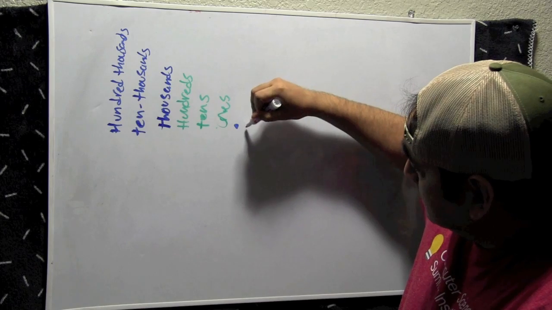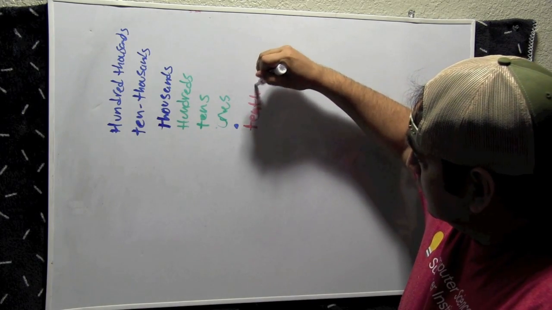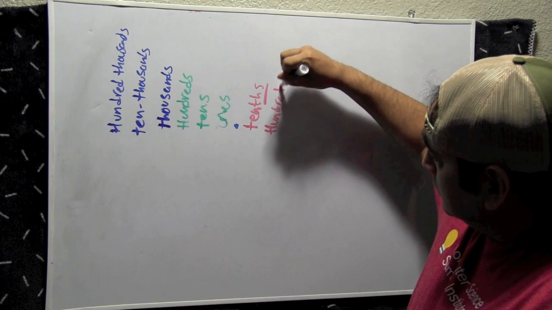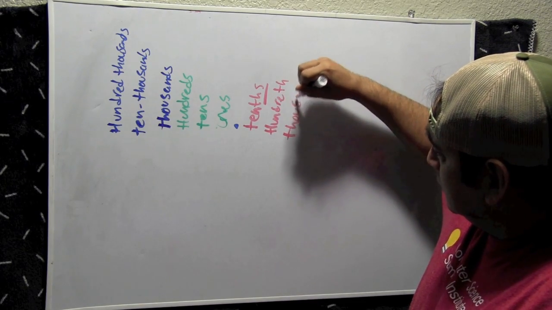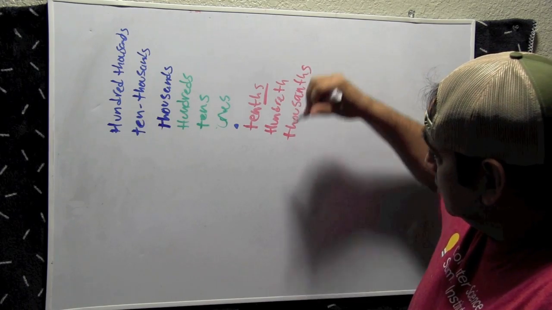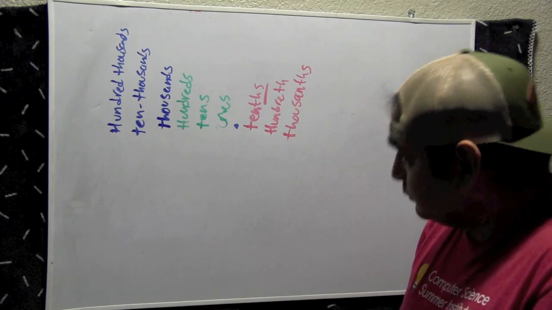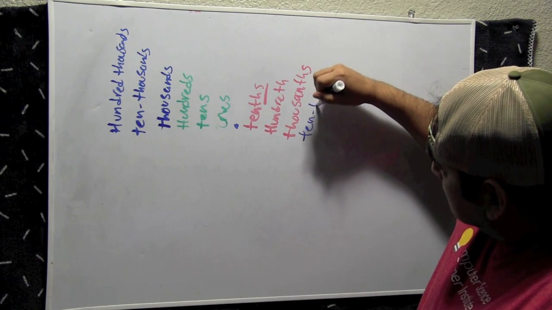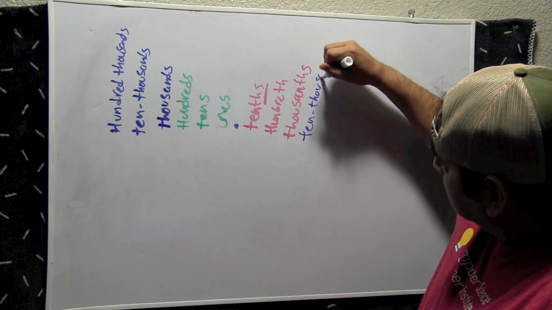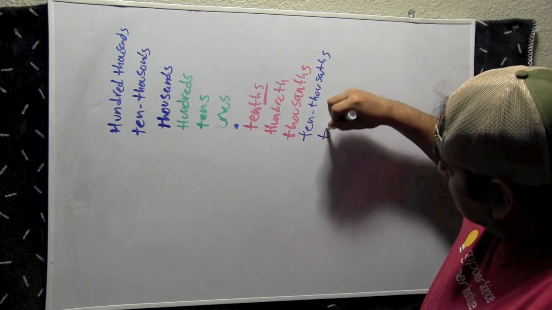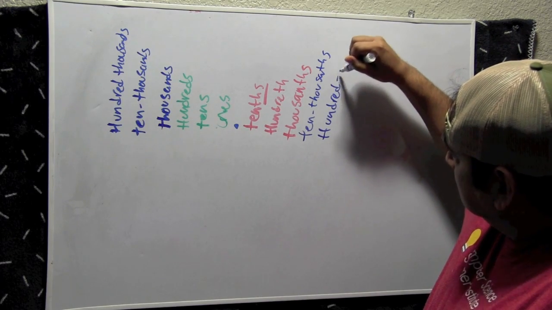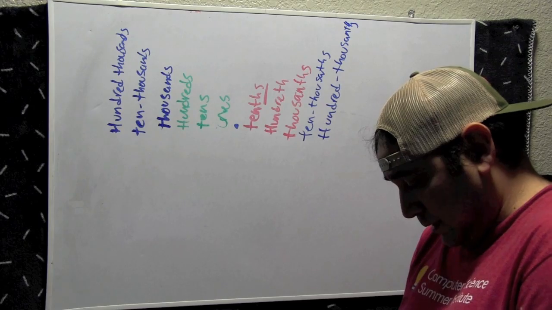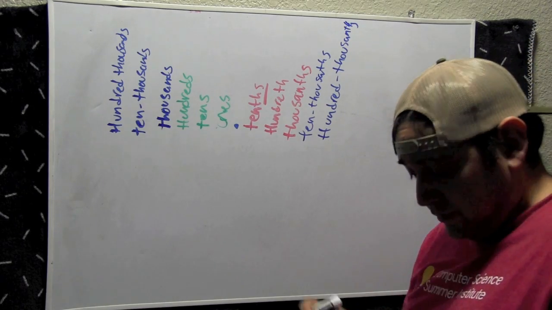So it's tenths, hundredths, thousandths, and there's 10,000ths, and 100,000ths. All right. So if I give you a number,